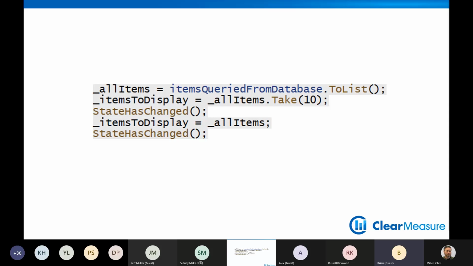So you have them on this all items variable, this all items IEnumerable. And so we want to take the first 10 and set it to the items to display, which is actually bound to our markup in the Blazor component, and then tell the Blazor component, hey, the state has changed.